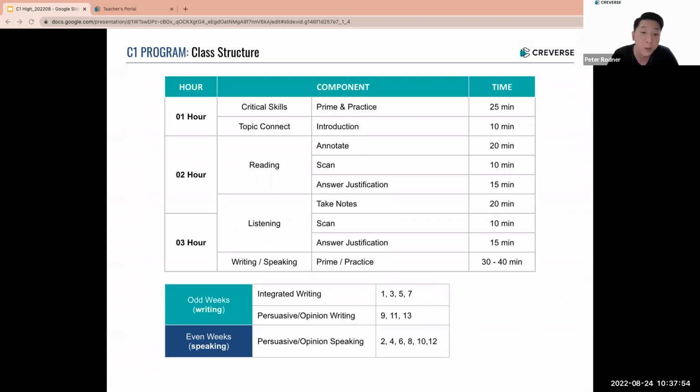The speaking probably won't take as long because for this term, you're not doing integrated speaking, you're just doing an opinion speaking. So that's a little bit easier to cover, and I'll go over that also in the SMART textbook. So just to keep in mind,